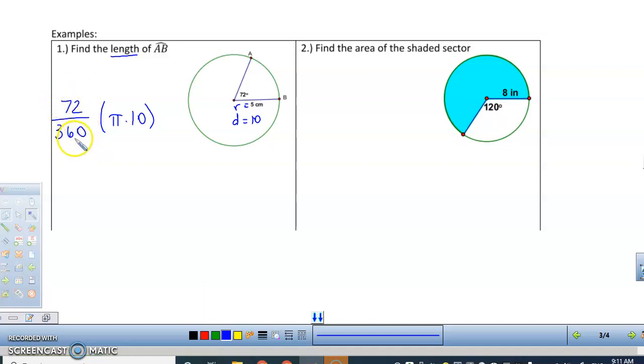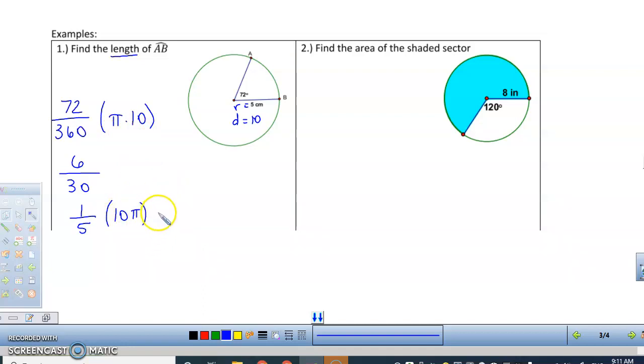But I'll just kind of go through a reducing process, and then eventually you'll just recognize what those fractions are. But I see a 12 that will divide into both of these. So divided by 12 is 6. Divided by 12 here is 30. And then 6 obviously goes into 30, so this turns out to be a 1/5. Okay, so I'm doing 1/5, and then generally we write it as 10 pi,